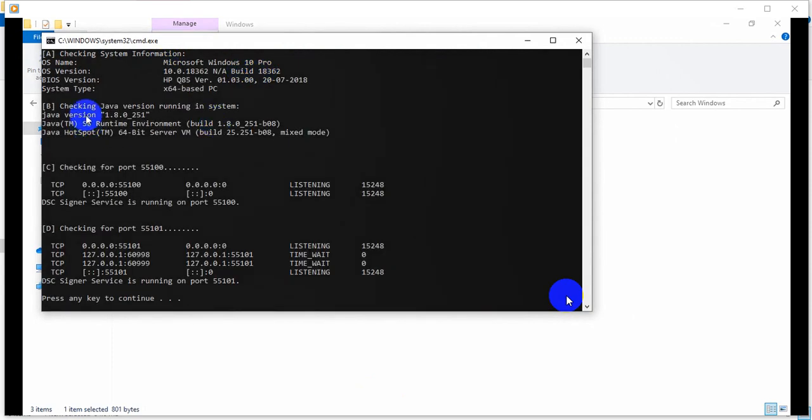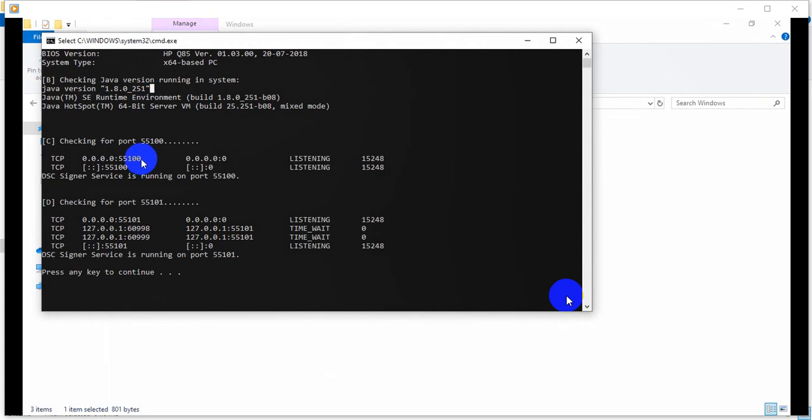It is okay. Now our two pending issues about the ports: DSS is running on port 55100 and below that, 55101 is also running, right? After a lot of patience and a long video, it's working.